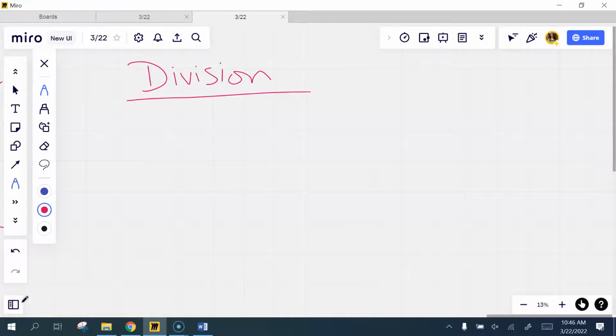So there are several different ways that we divide polynomials, and one we've already talked about. So if you look at number 1 and 2, we've already divided by monomials. Do you remember how we did that? You split them up. That's exactly right. So 6x to the 4th minus 15x cubed plus 3x squared